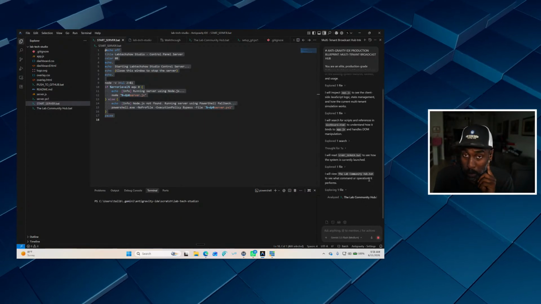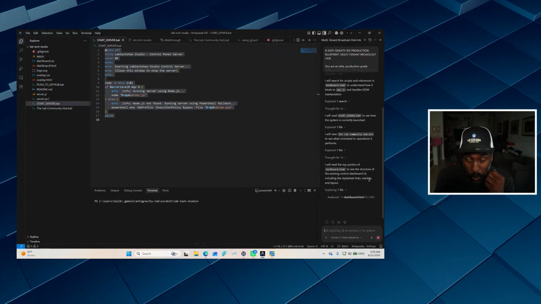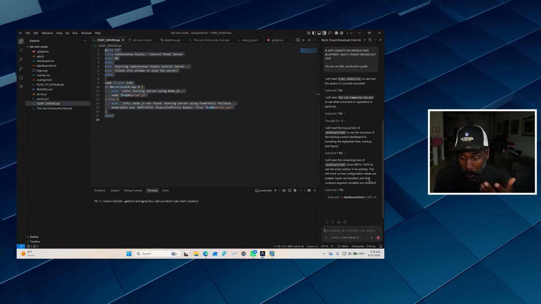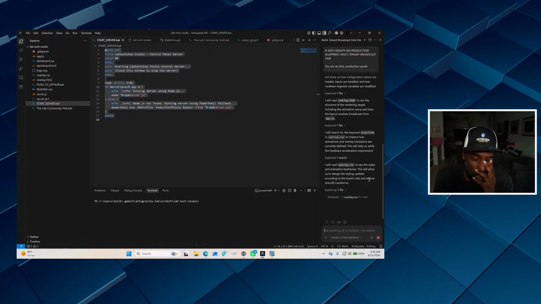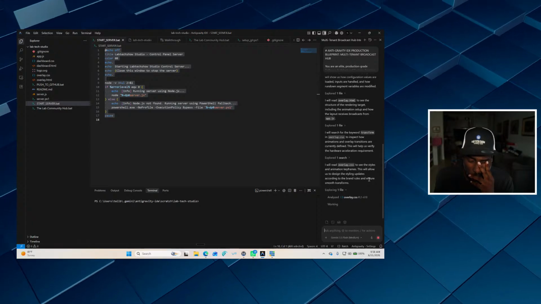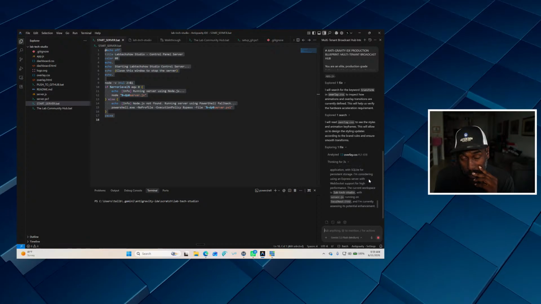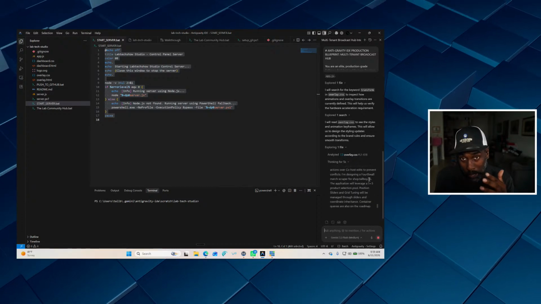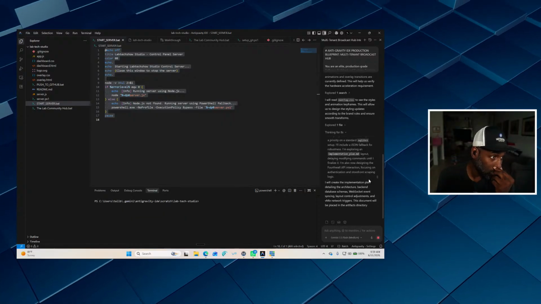Hopefully it doesn't go over my head because I don't know what I'm doing, but I know what I want. And normally you would have to pay a developer or a coder to do this for you. But with AI, you can just say, hey, can you build this for me? And once I saw what the output was, I was very impressed. Now, how far do I get with it? I don't know, but it's worth a shot. That's all I can say.